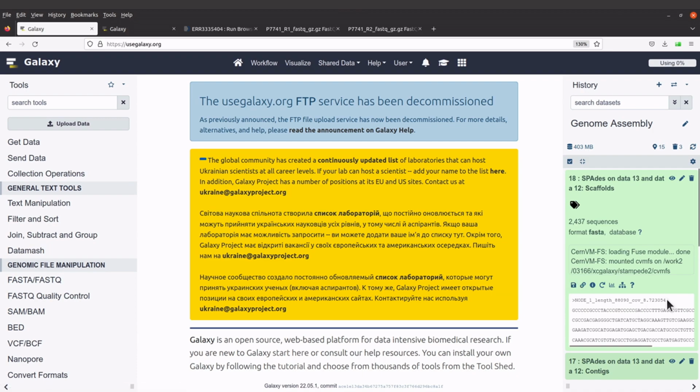I'm going to look at one of the sequences here, which is this one. So you'll find the sequence name. You also find the length. This is the length itself. And then you also have the coverage. Now the name, and then the length, and then the coverage for each sequence, okay, it can be stored in